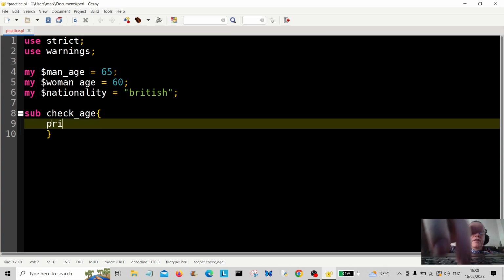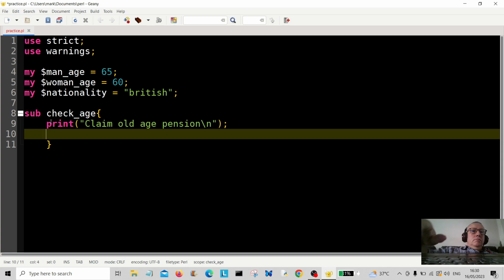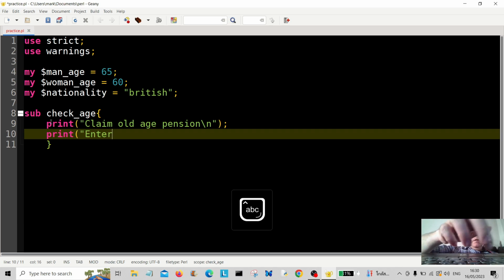So print claim old age pension. Okay, and then we're going to print, say, enter age,